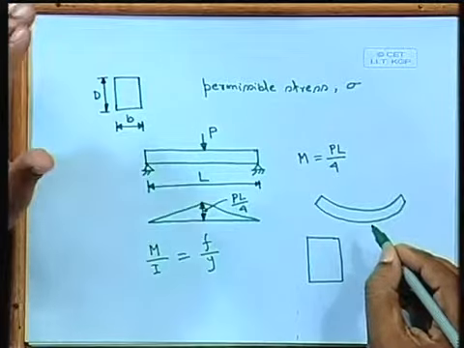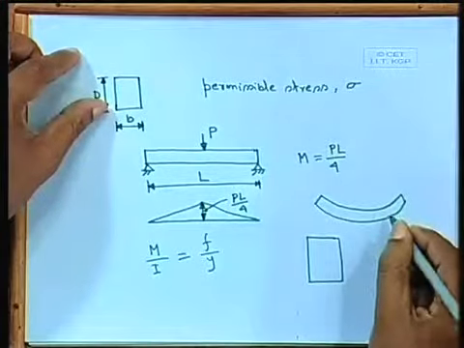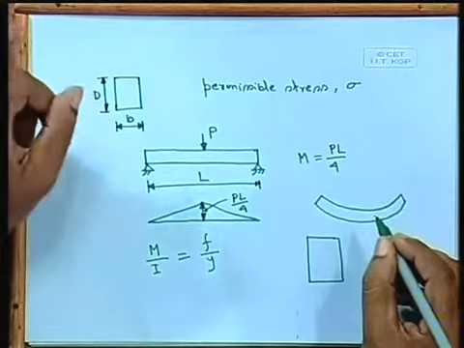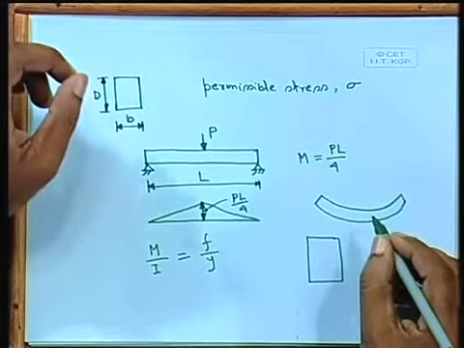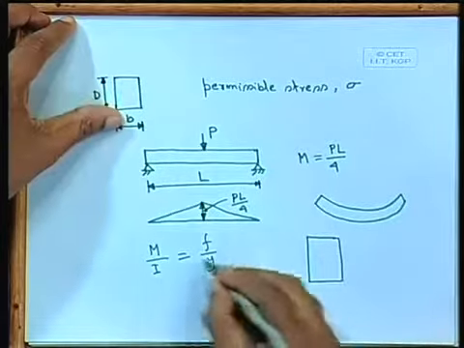That is why we provide main reinforcement. Please note, when I talk about main reinforcement, that means some secondary or nominal reinforcement will also be there, due to other reasons. But let us consider only main reinforcement, or we call it longitudinal reinforcement. That we have to provide at the top for a cantilever, because tension is being developed at the top.